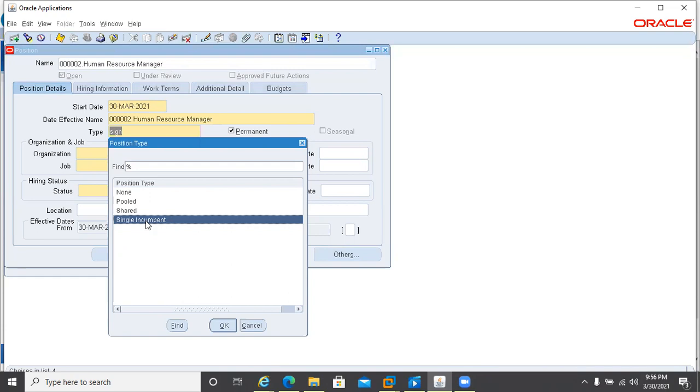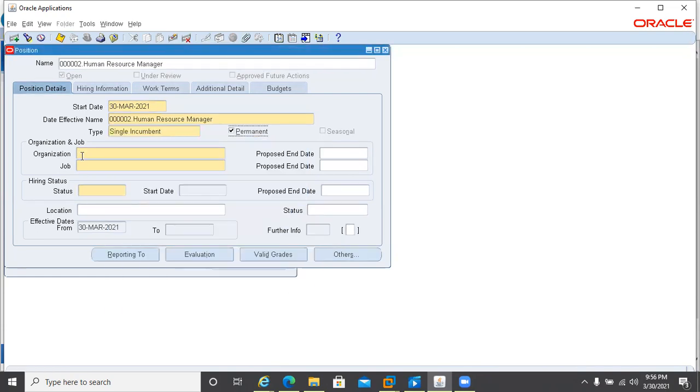Sir, he will not be shared because he will be under the reporting of director HR. No, it's not like that. See, manager is one job, director is another job. Director is one person, manager is another person. So every person, I'm telling you, if we have 500 employees, we have to create 500 positions.